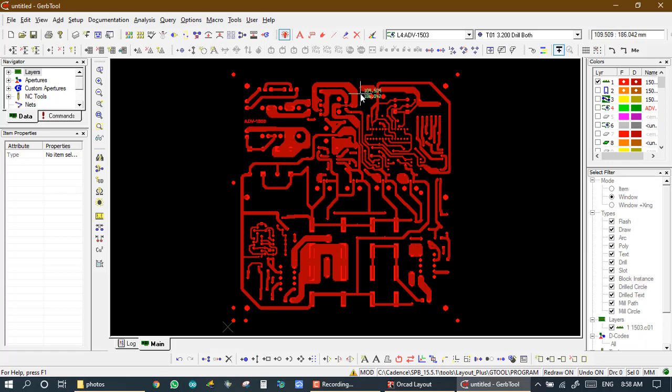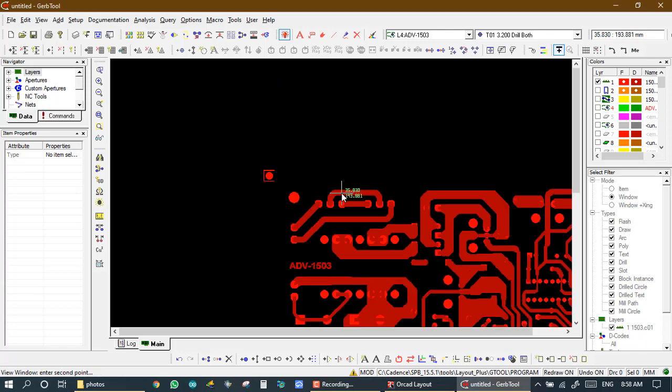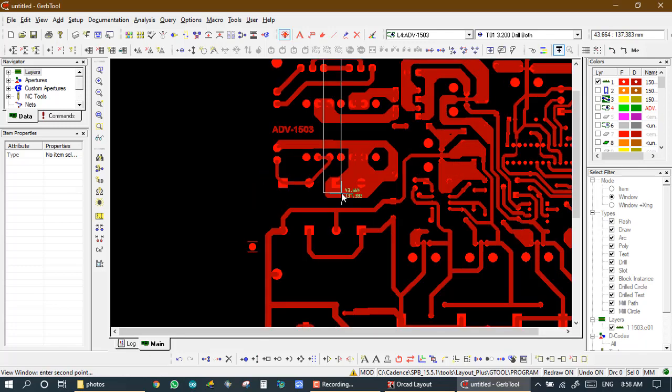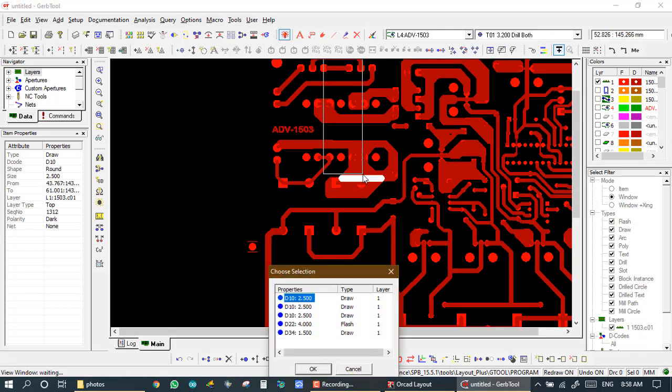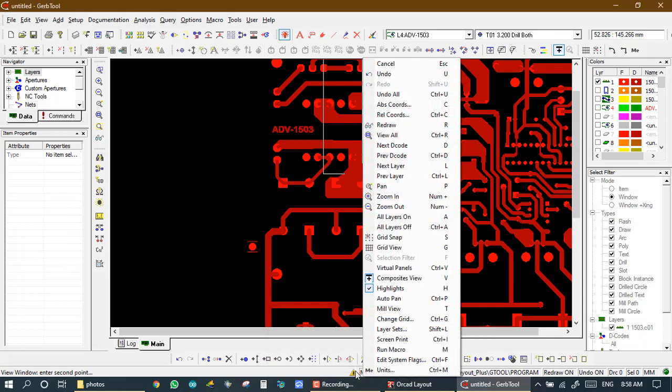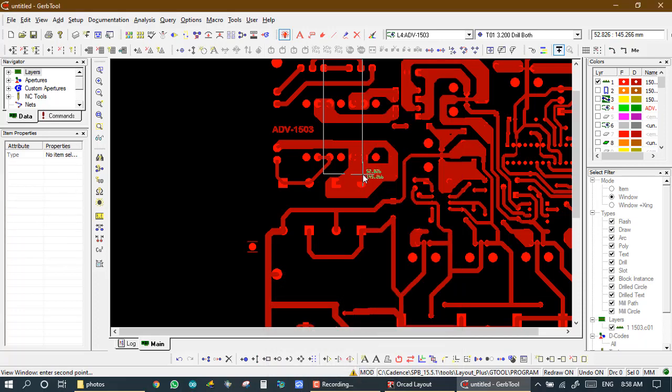So now we check on it. If I right click on this, then this is my draw. Here is no raster. Draw, and we set the dcode D10 and its value is 250, and it is draw, and it is filled by horizontal. We set horizontal, so all horizontal lines. So here we convert raster to draw for our production.